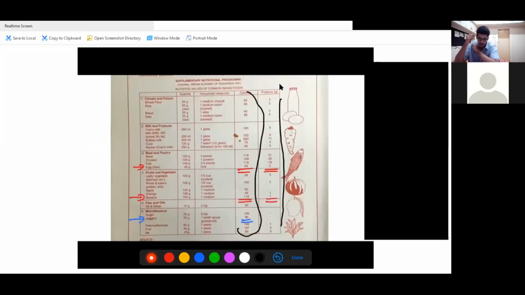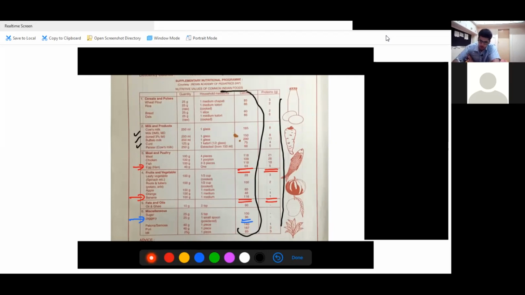Okay, you have to note this down in your notebook and we will send it on WhatsApp. You have to see this chart and keep it in your clinic and refer to the chart. When you make 10, 15 diet charts, then automatically you'll remember it. Otherwise, you won't remember. So whenever a patient comes in front of you, refer to this chart. And why are the other products given? Because these are what normally Indian foods have.